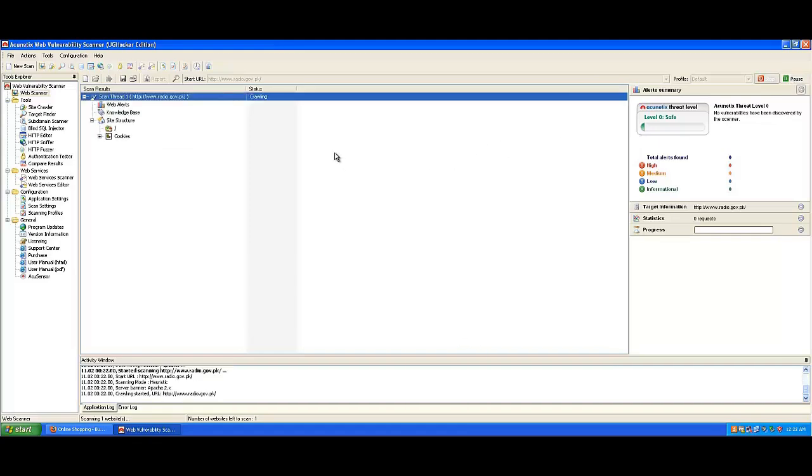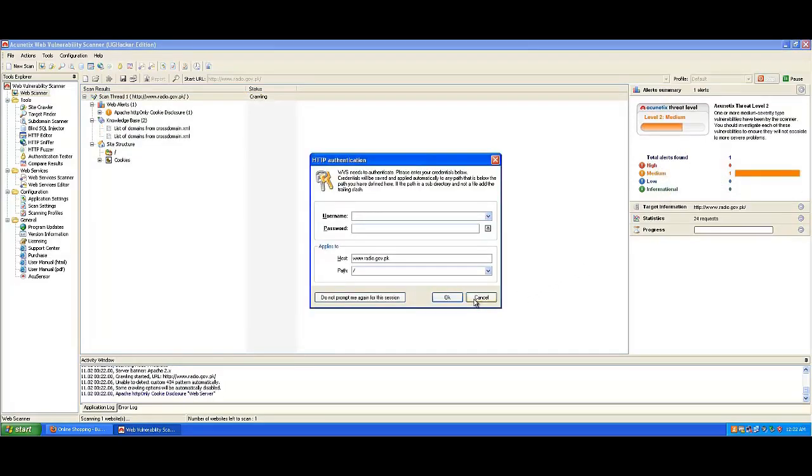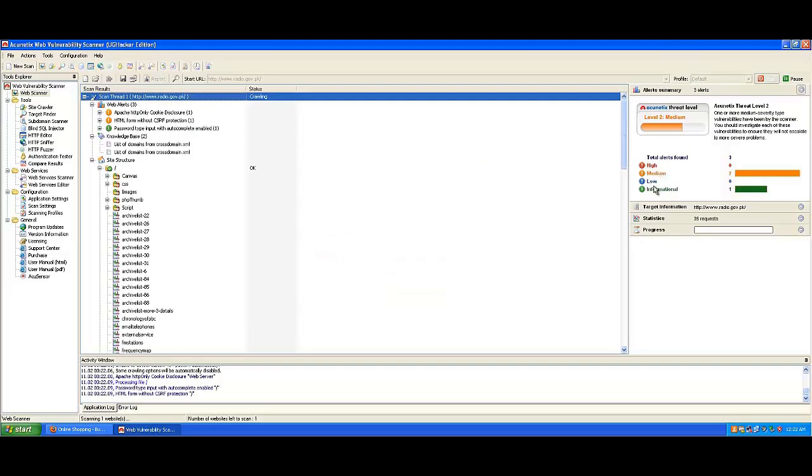Once it started, on the right hand side it will show you a really nice diagram where it categorizes the vulnerabilities in different sections, that is high level, medium level, low level, and information. The one which I am more interested in is the high level vulnerabilities, because these are the vulnerabilities which can cause a great impact to the website. So by assessing the vulnerabilities, I can assess what different attack vectors can possibly be run on the website, or whether the website is vulnerable to these specific attack vectors.